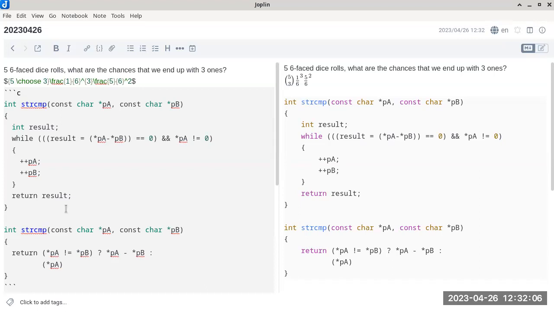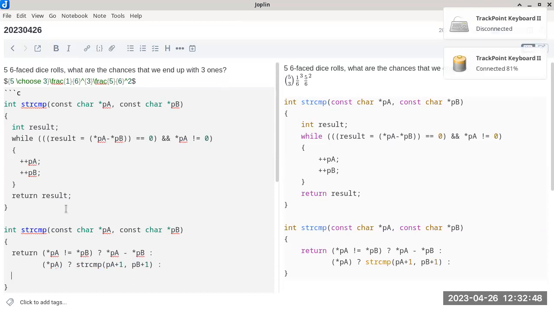Because if they are pointing to a non-null character, then we have to call string compare recursively. So this is where string compare is called recursively, with PA replaced by PA plus 1, PB replaced by PB plus 1, because this way I am basically just moving on to the next element of each array, which is considered as a quote-unquote substring, right? And say, okay, tell me how the substrings compare, because the character that I'm looking at in the string, they are the same. Okay, so look at the substring and tell me how they compare,